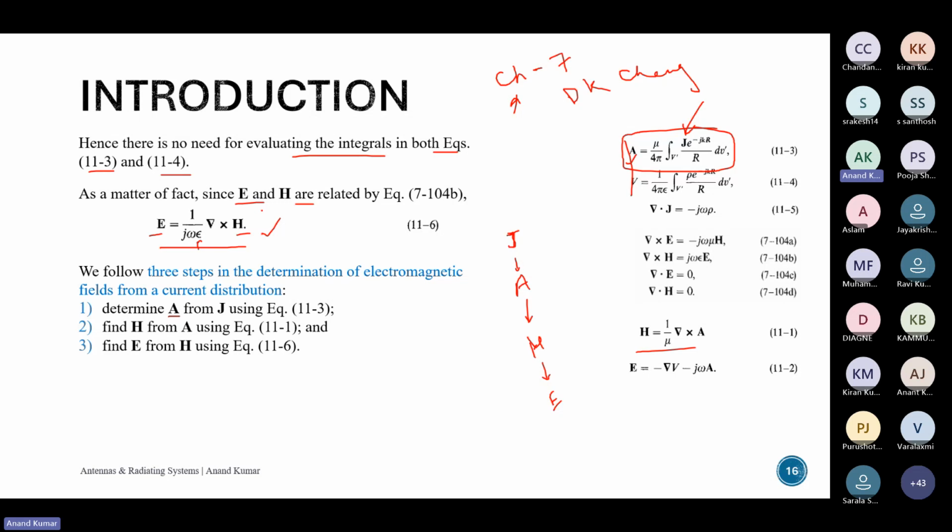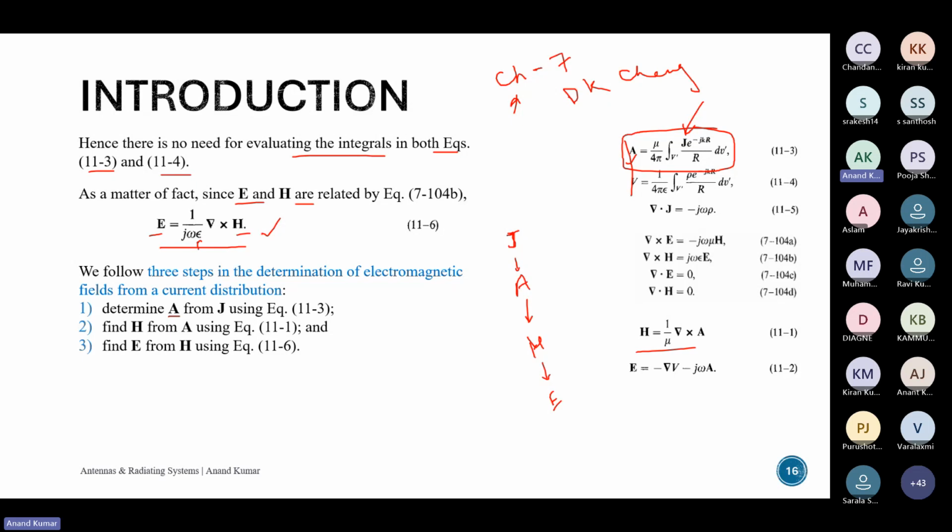Go through the electromagnetic theory, just brush over it, and then you'll be able to follow the equations which are there in chapter 11. There's a question: are we going to solve any numericals? I think we'll solve a few numericals, but they will be more towards the derivation of equations, because that's what we intend. So there will be some numericals, maybe not in terms of finding the values of fields, but what would be the expression, that sort of numericals.